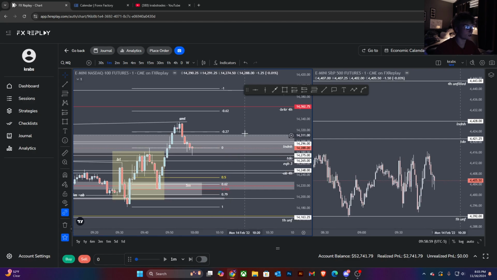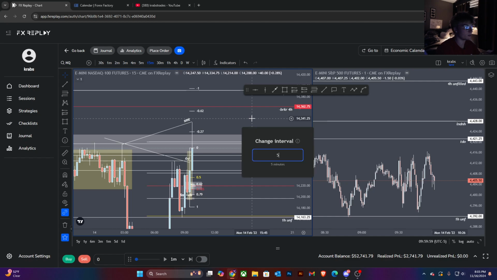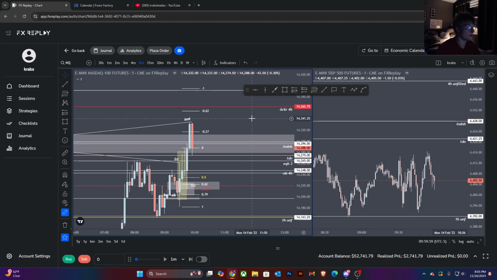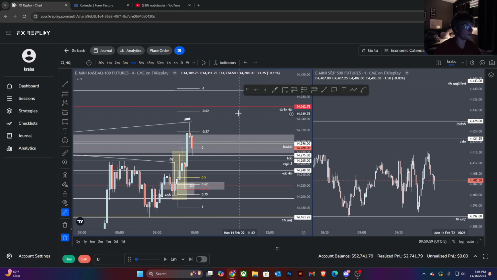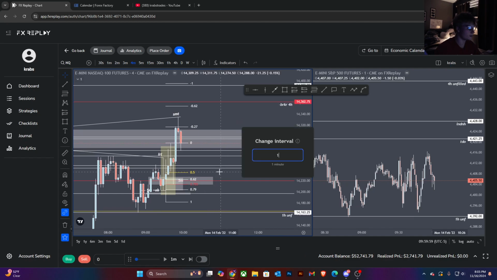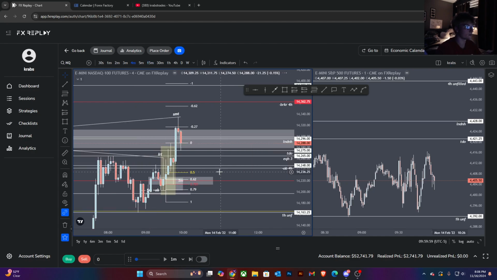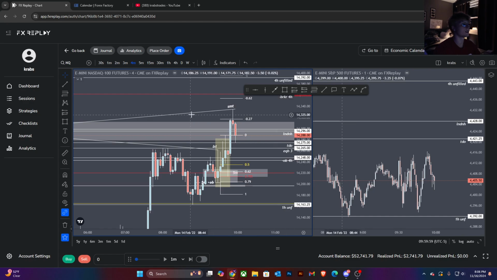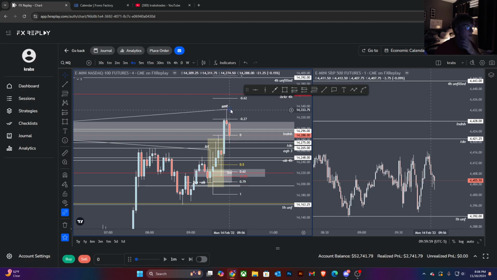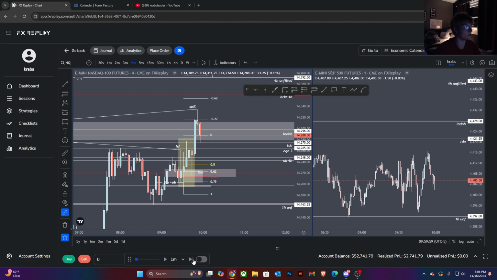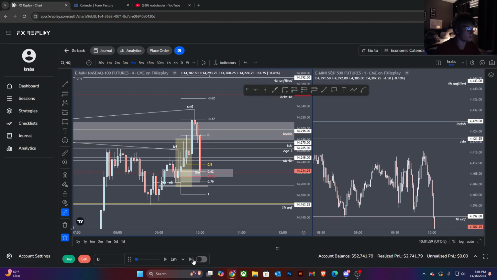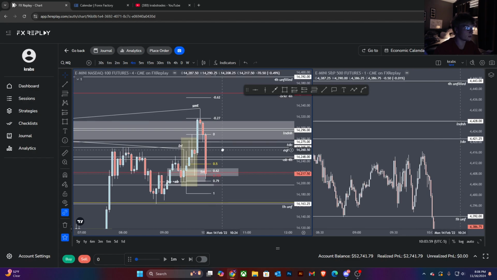See if we can get some more structure and then maybe a short. 4 minute. Still have this hourly unfilled too. But yeah, shorts look good here. If we do take another trade, I'm gonna drop risk in half, and we're only gonna risk what we made on the last trade if we get a setup. So yeah, this 4 minute looks super good right now.